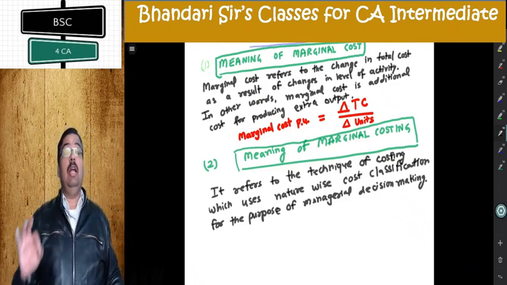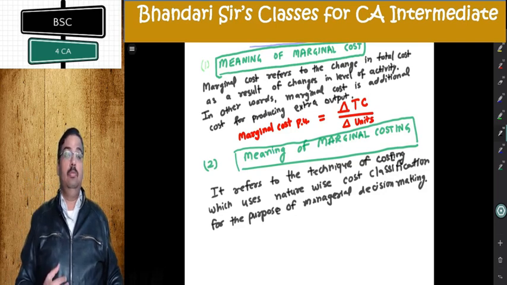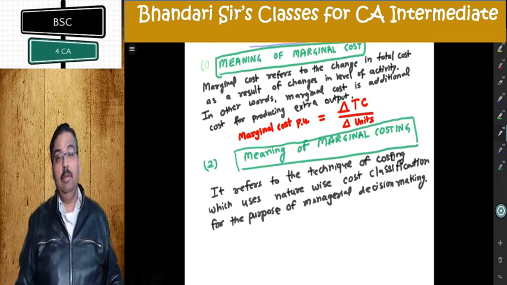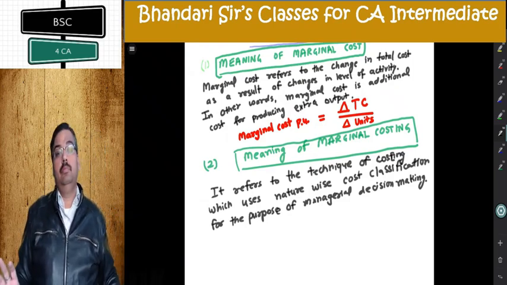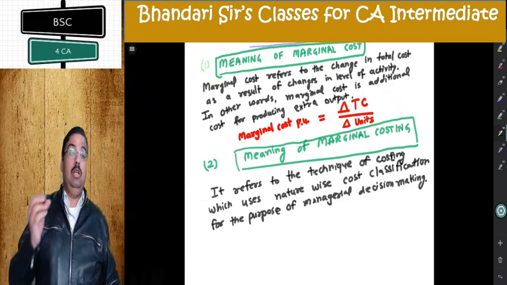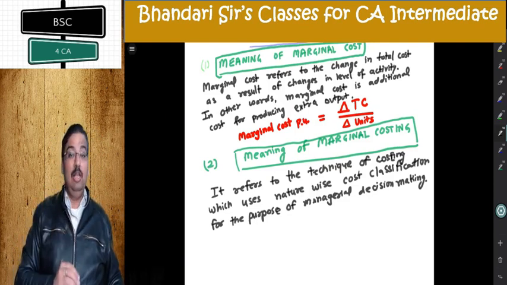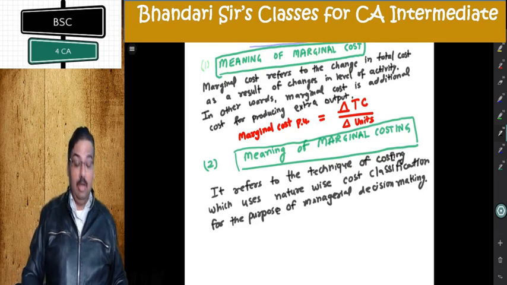The cost that normally changes is variable cost. Variable cost per unit is constant. In totality, it keeps on changing with level of activity. The fixed cost remains constant normally. So fixed cost does not change as a result of increase in output or does not reduce as a result of decrease in output. So you can write further.